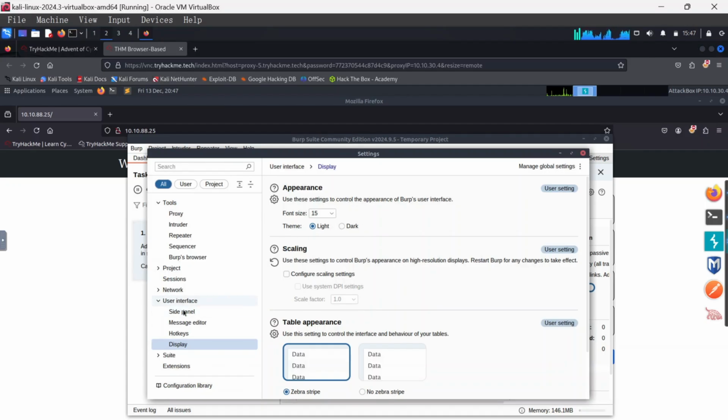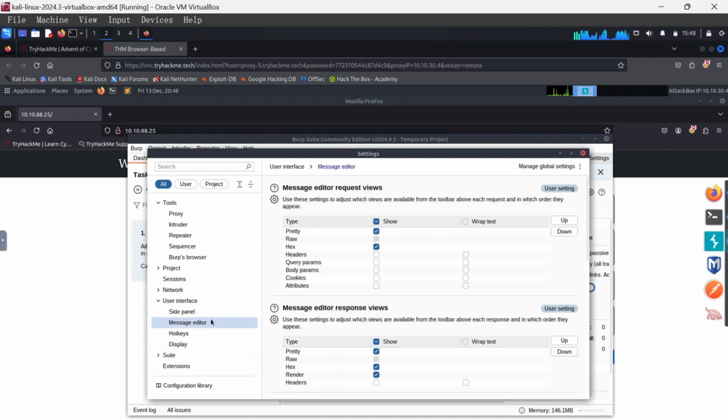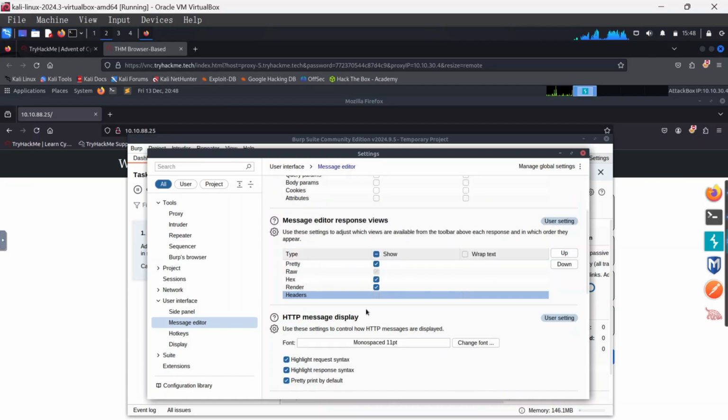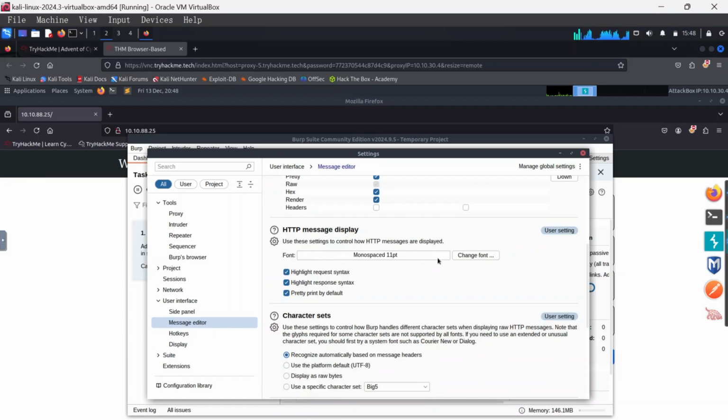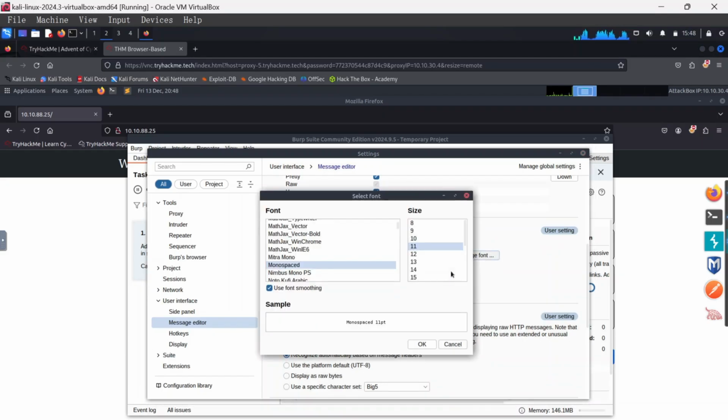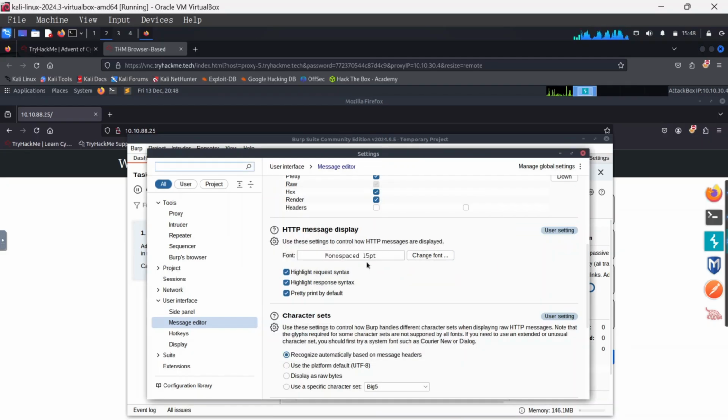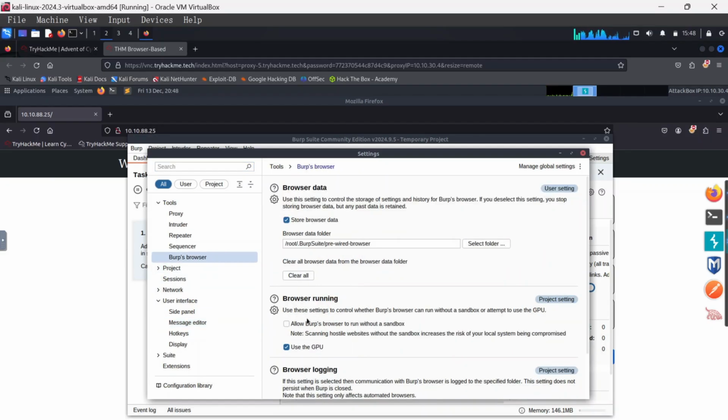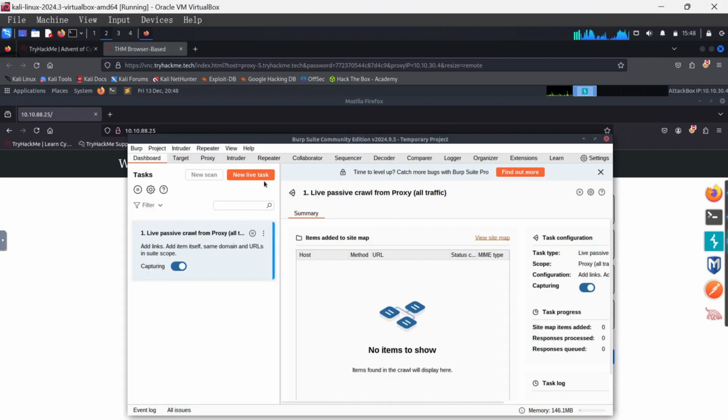And then next you want to go over to message editor, and then under message editor you scroll down. You see HTTP message display. You click on change font, and then you select 15. You hit OK. Just in case I would like to use the Burp browser, so I click on Burp browser here, and then over here you say allow Burp browser to run with sandbox. Once you're done, you just close the settings page, come over to proxy